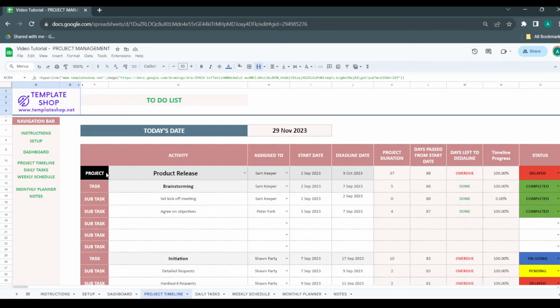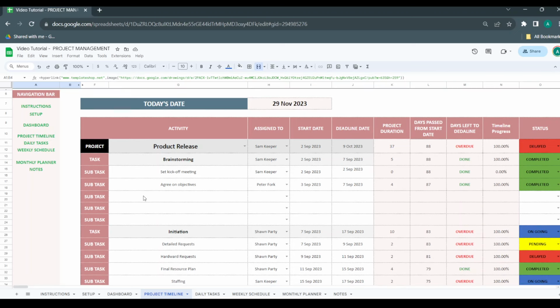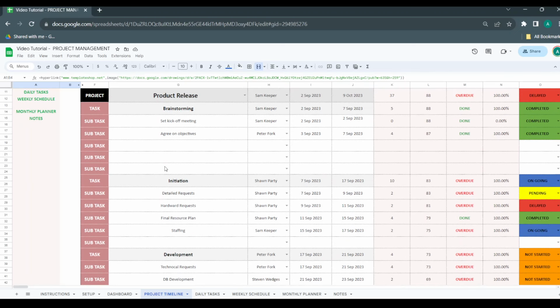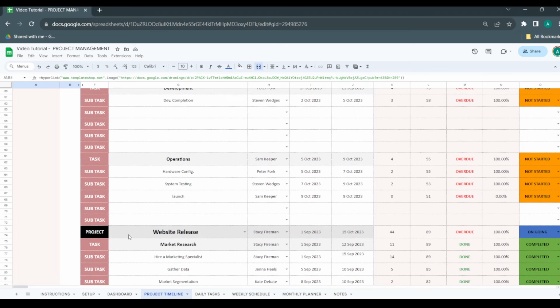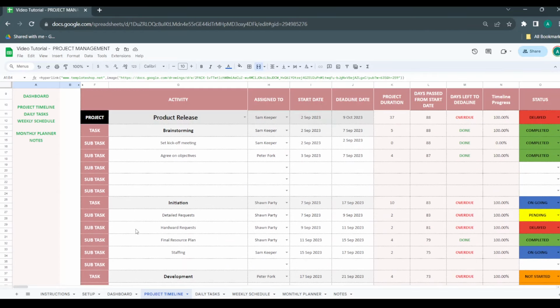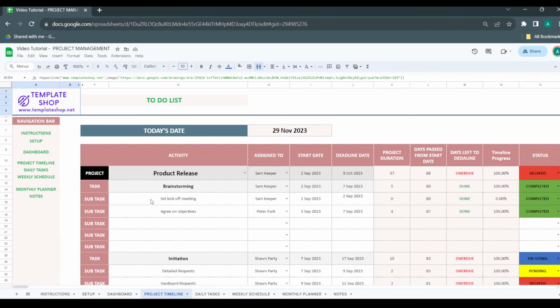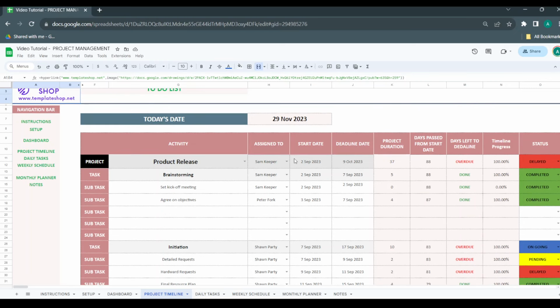First you're going to type the project name here, and then you will find the project is divided into several tasks, and each task is divided into a set of subtasks. So you assign the whole project to one person, then assign certain tasks to one person, and then go on with assigning subtasks to different